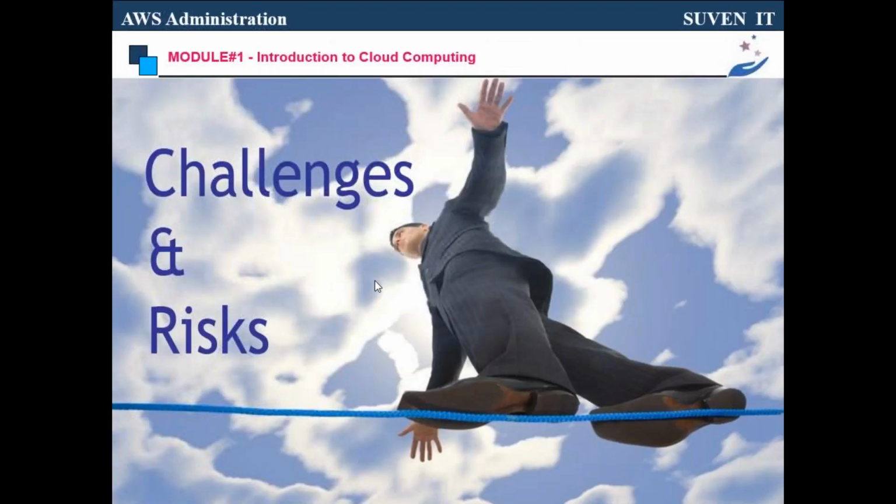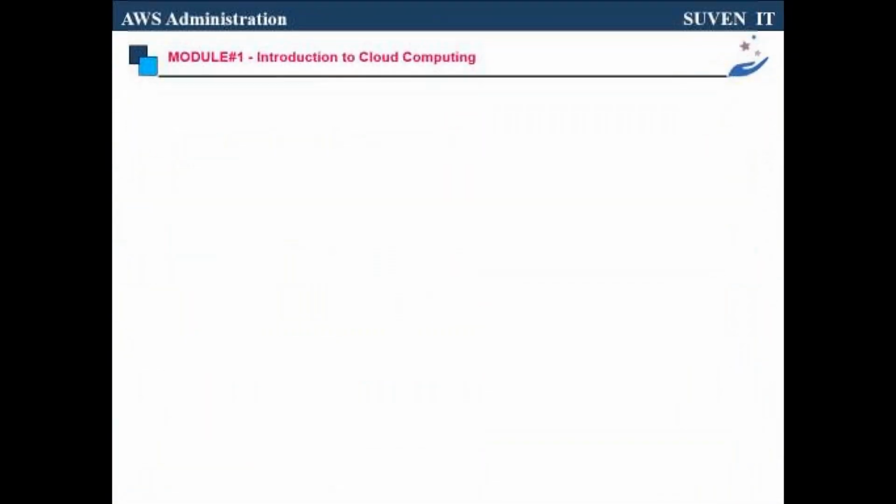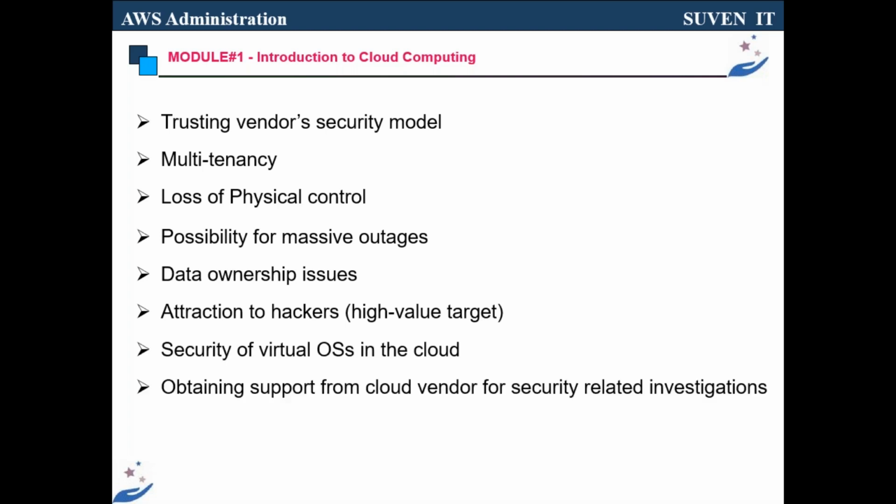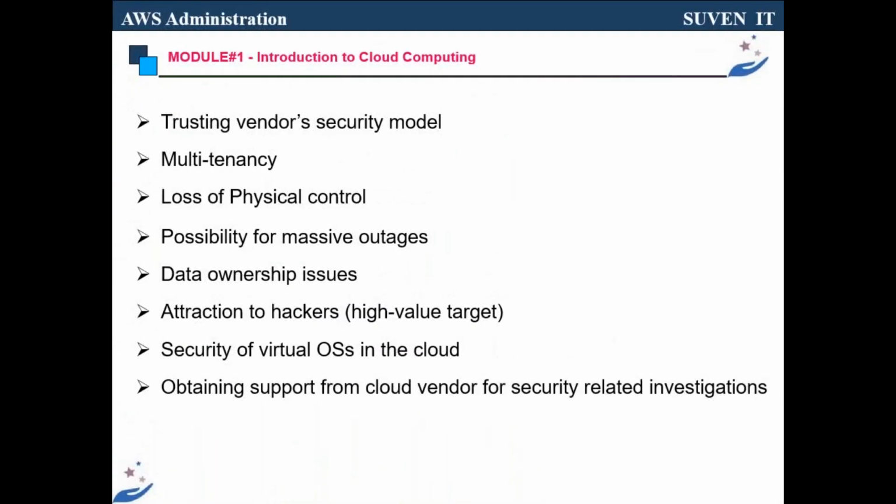Here some challenges are there in cloud also, but they don't really belong to us. That is the company's headache: trusting the vendor, multi-tenancy, loss of prevention. If something happened to one region, hundreds of customers would be impacted. But it never happened; in the last 15 years only one incident happened. So we need not worry about this. This is completely the company's headache. Our job is to support whatever they have, and we get the salary. That's all.